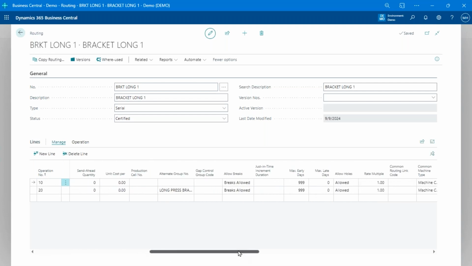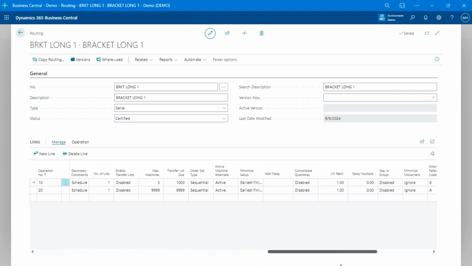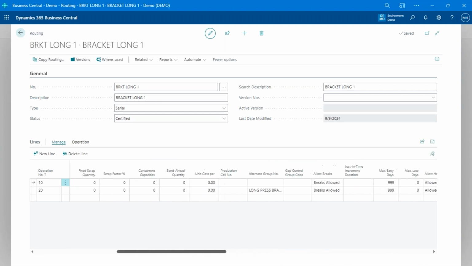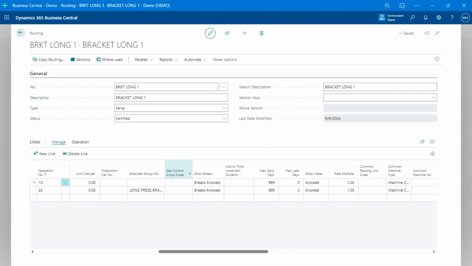If you want to get fancier, you've got a ton of different options you can set all the way through here to control how the schedule works. So this is sort of that advanced process modeling where you can come in and do all sorts of things like say, yeah, we're allowed to break this operation up across shifts, right? Some things you can't do that, right? If I'm heat treating or I've got an oven going, I'm not going to walk away at 5 p.m. and come back at 9 a.m. and continue where I left off. We're not going to allow that to happen.